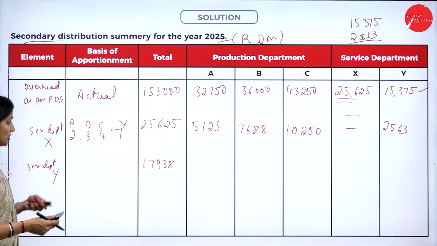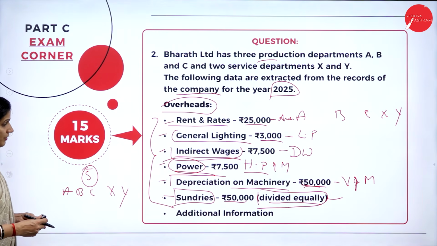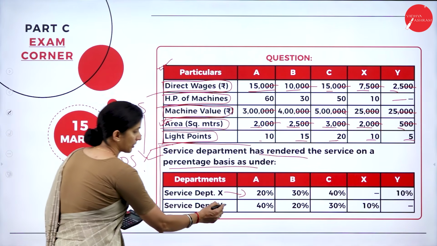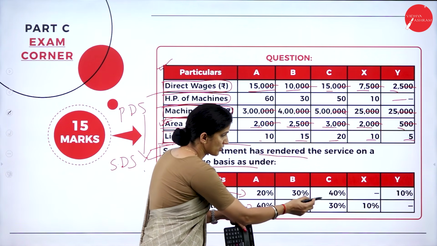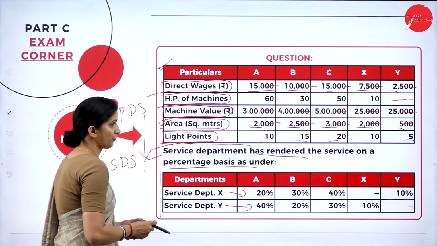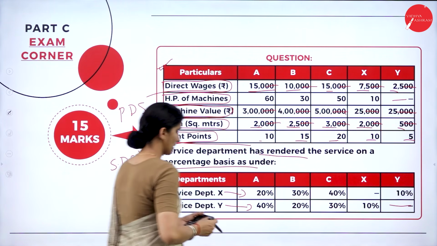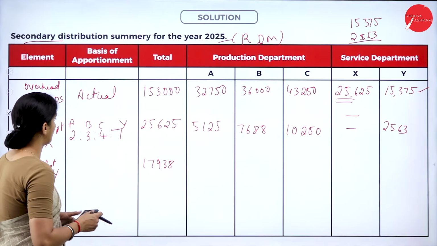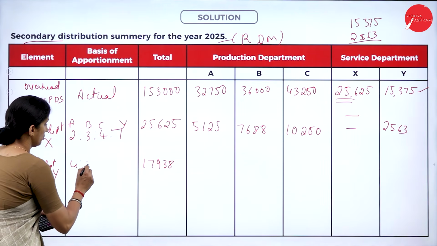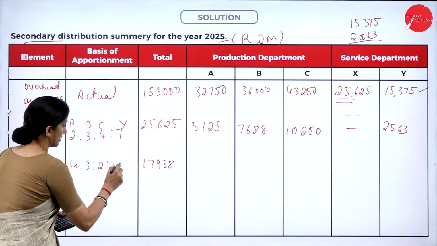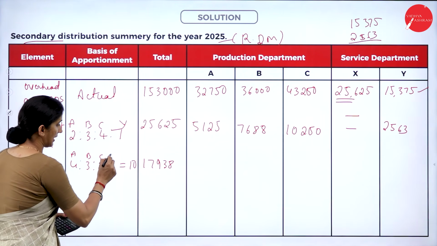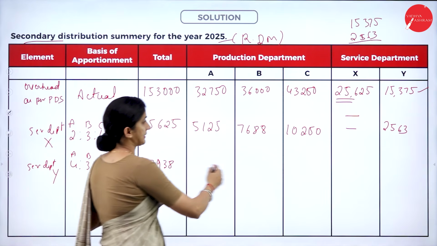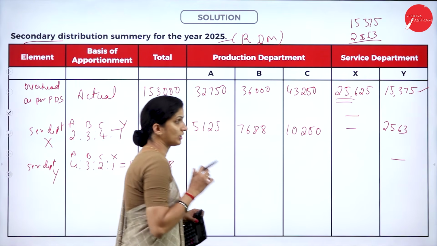So what is the ratio for that? Here we have service department Y will be allocated in this ratio, that is 4:2:3:1. So for Y, it is nil. So the ratio will be 4:3:2:1. So the total will be 10. So this is for A, this is for B, this is for C, and this is for X. Y, it is nil. You will not allocate to the Y.